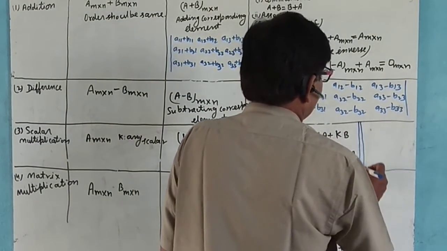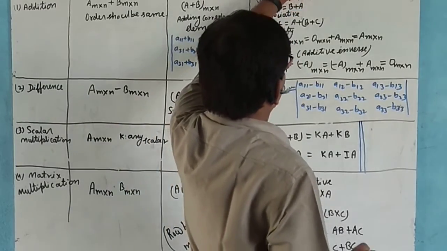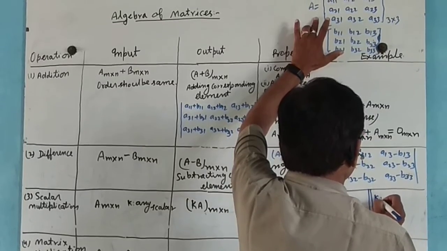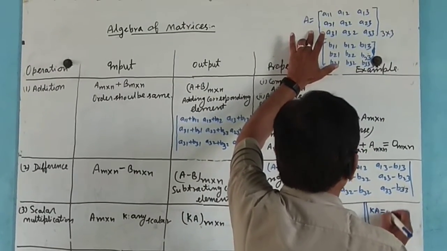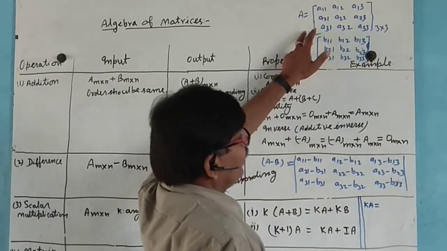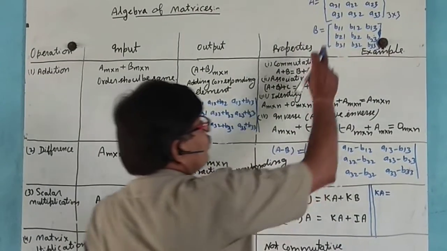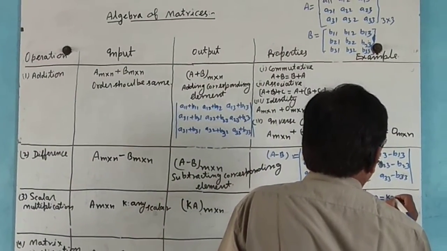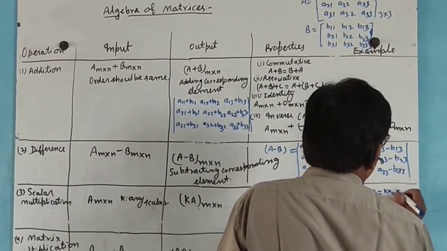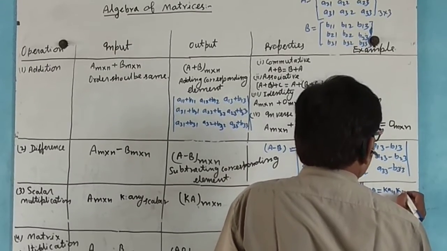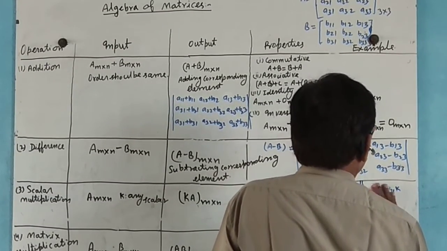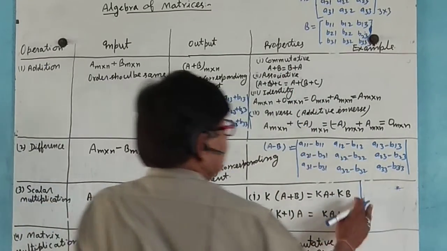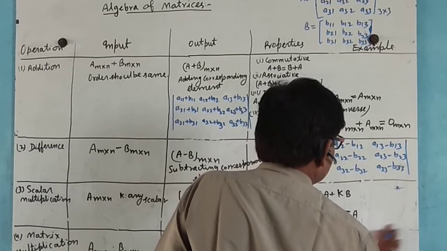For example, if A is the matrix here, then KA, so that K multiplies the whole matrix, can be written as